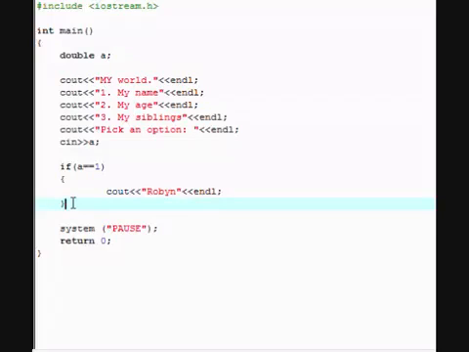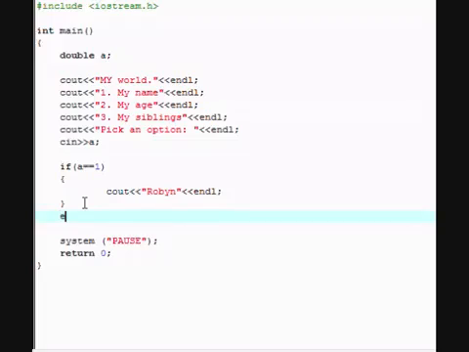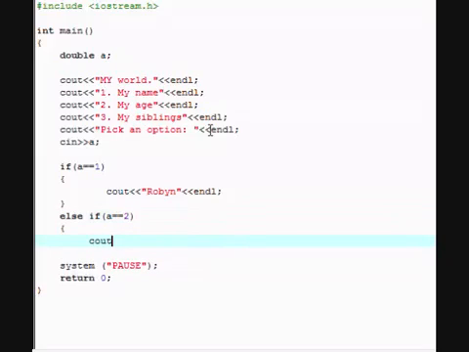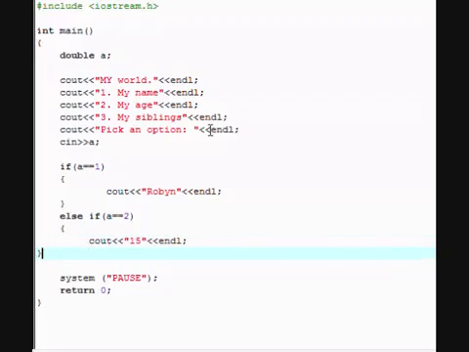Let's then move on to the next thing. Else if a happens to equal 2, what they inputted, then we're going to open and see out 15, which is my age, and then end the line, close the brackets, and then else if, another else if